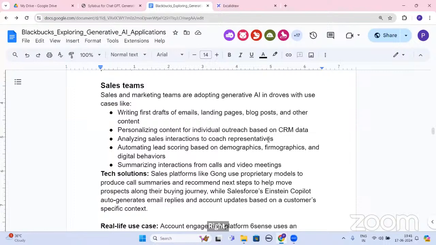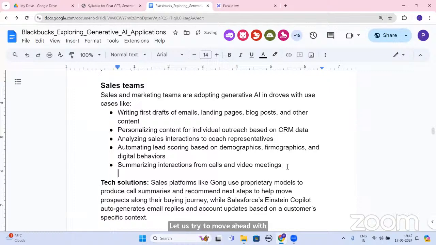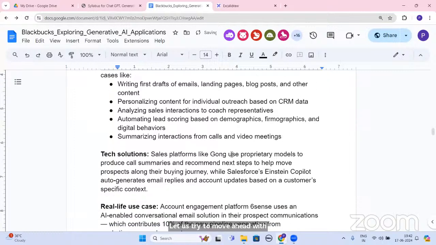Now, after this particular portion is done, right after you guys are clear with this, after this topic has been discussed, let us try to move ahead with the text solutions. There is something you may not know, even I don't have a very good overview about this, but